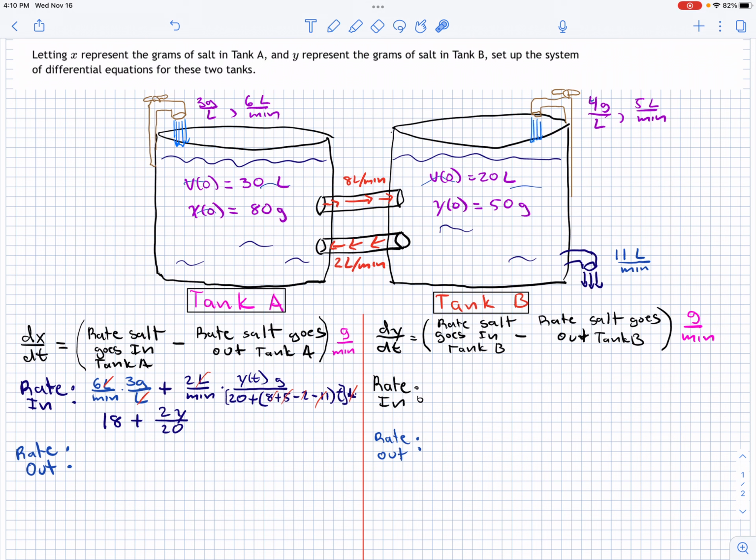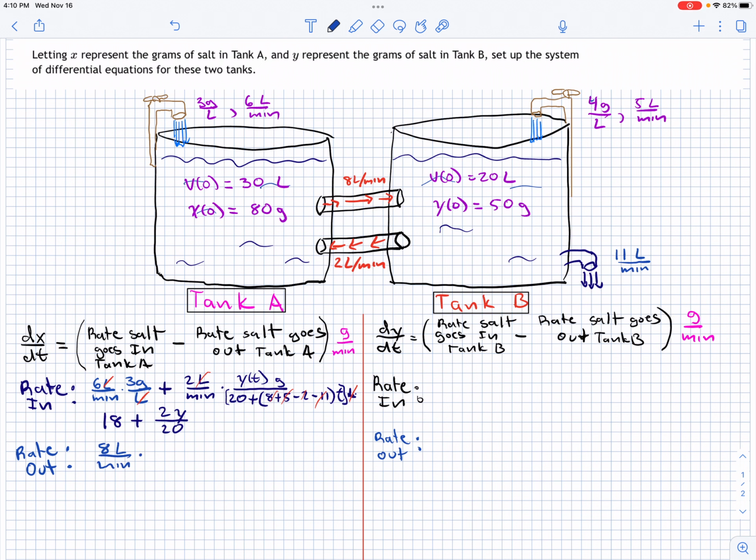A, or out. Rate in. Sorry, I'm looking at rate in. But now we want to look at the rate going out. So the rate going out is very nice because it's literally just one thing, and that's going out at 8 liters per minute